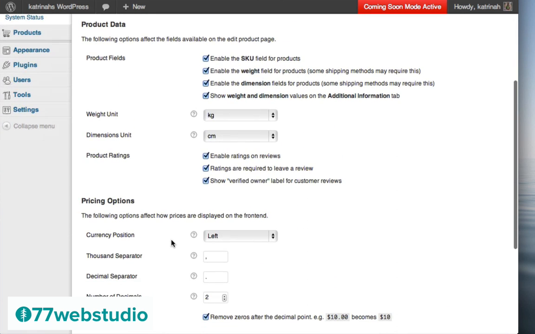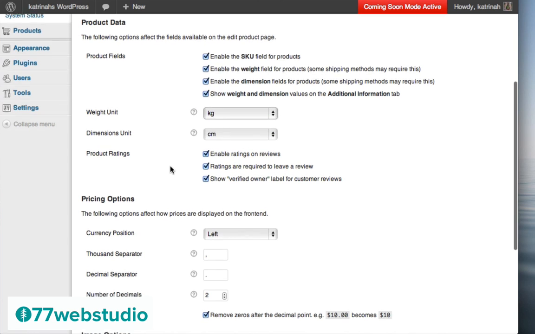The ones that I want to point out that I often get questions about on YouTube include weight and dimensions. So this is where you can change the weight. For example, when I hover over this, this controls what unit you will define your weights in. So a number of people are asking, how do I change the weight unit? Well, this is where you would come under product data on the catalog tab. And when I click on this, here you can change it from kilograms to grams, pounds, or ounces.